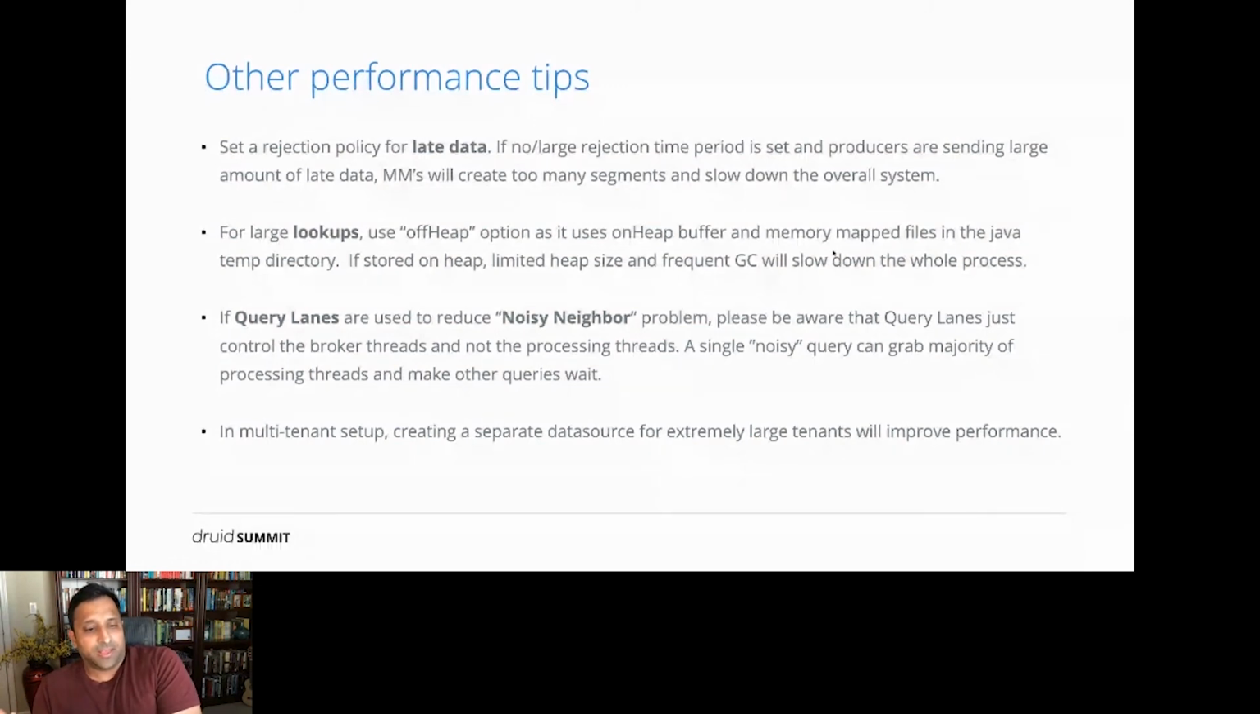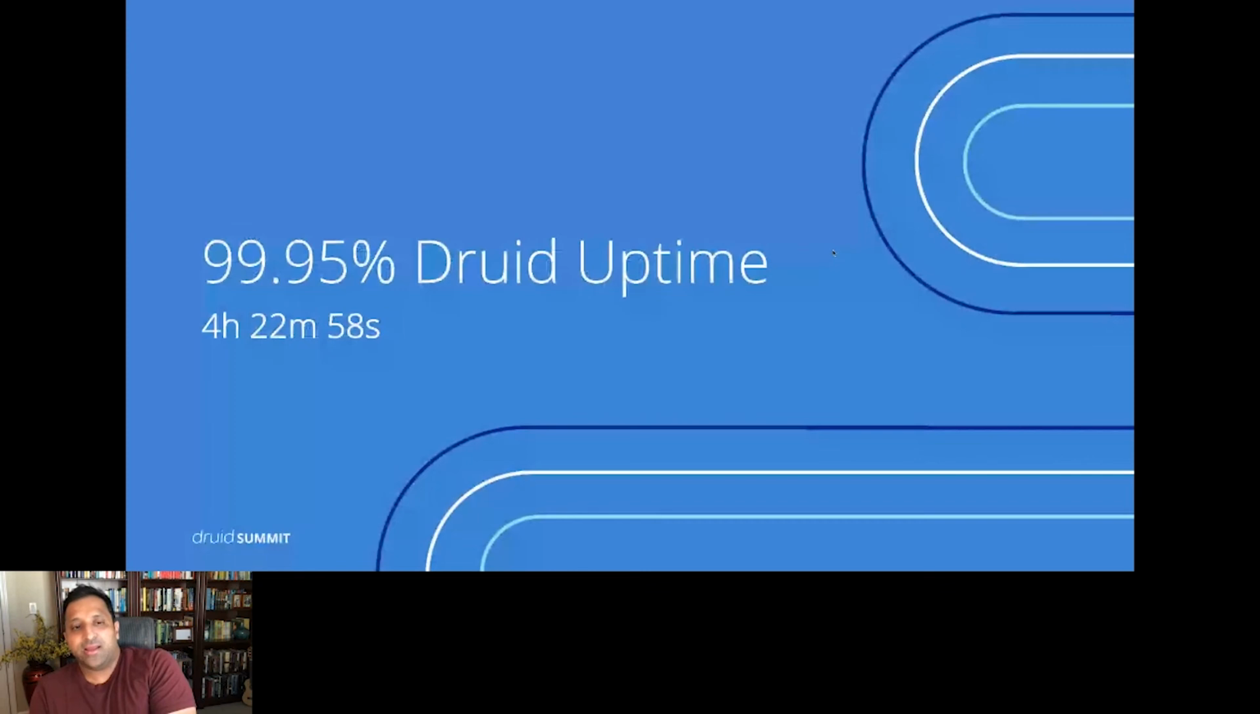So I think we're running out of time, so let me just fasten things up. Now let's talk about the Druid uptime. We actually get around 99.99% Druid uptime, but I don't want to put it down because that's how we jinx things. So what's happening here is